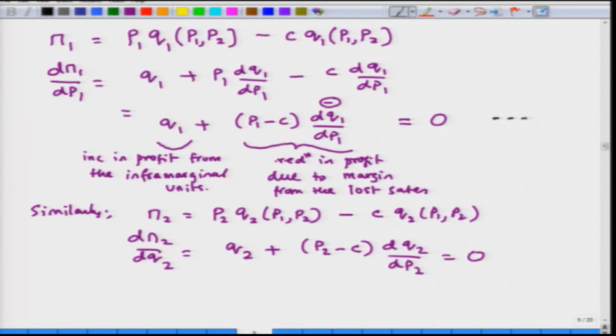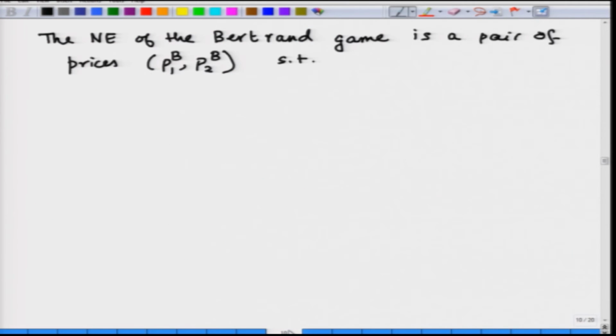So, I call this 1 and I call this 2, such that if I rewrite the two first order conditions, I will have Q1 of